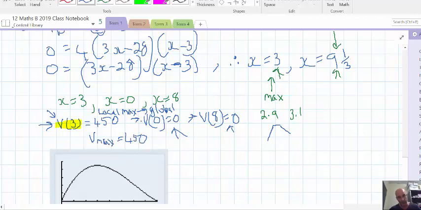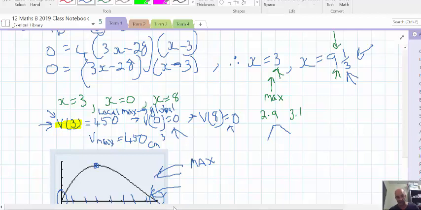And so the volume max is 450 centimeters cubed. Now always check with your graphics calculator and use the analyze graph max, and you'll find that it's confirmed. You may even want to graph that first so you sort of know what you're expecting there. Okay, and that's 1, 2, 3, 4, 5, 6, 7, 8. See how we restricted the domain, which excludes that fella there. Okay, and perhaps you'd have to see, is that a maximum anyway? Perhaps it's a minimum, because if you let the graph go, does that dive underneath